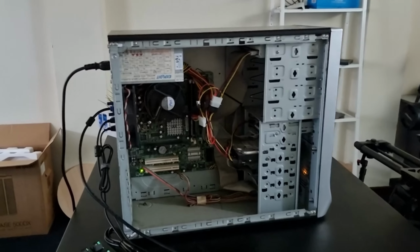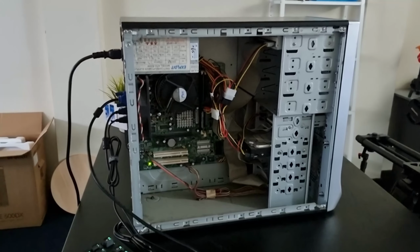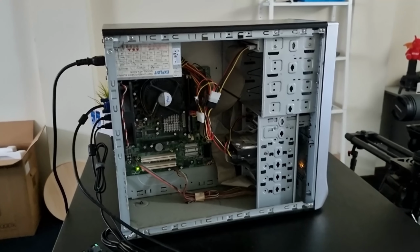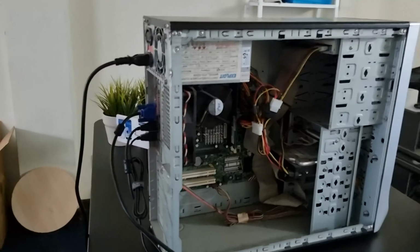We are not one of those PC servicing shops. They might have those bootable CD-ROMs ready all the time. I mean, really, in this case, right